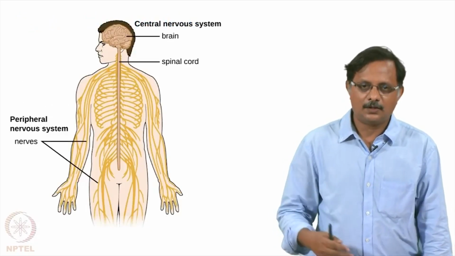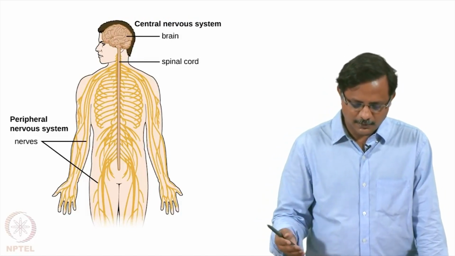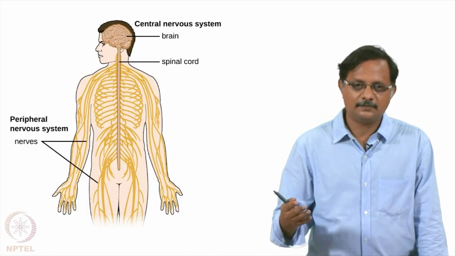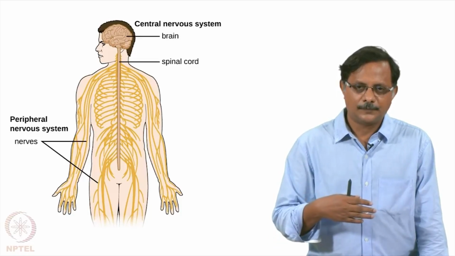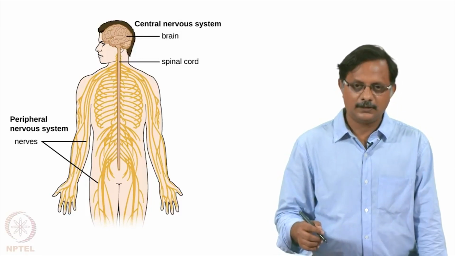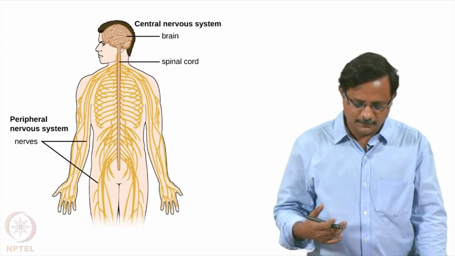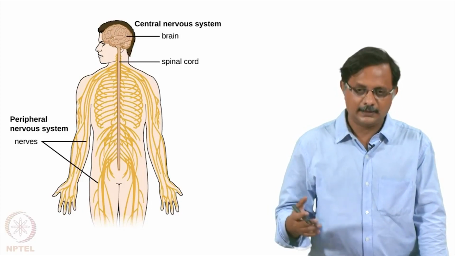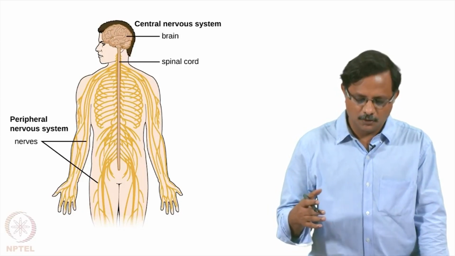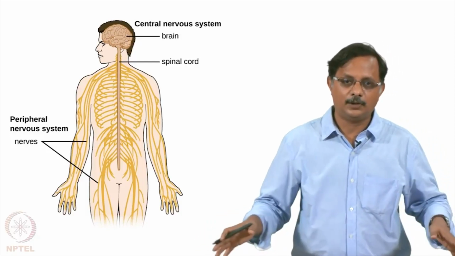Okay, with that background, let us now look at the body and the nervous system. The nervous system actually has two parts. We have talked about this once before. There is a part of the nervous system which is housed within the bony vault, the cranial vault and the vertebral column, that is called the central nervous system, and then there are these external wires which go out from the central nervous system and permeate the entire body, they innervate the entire body, and that is called